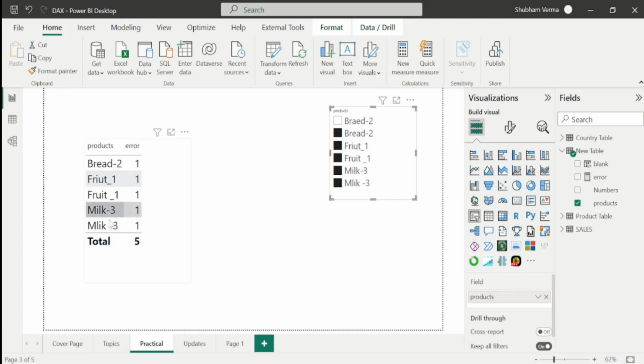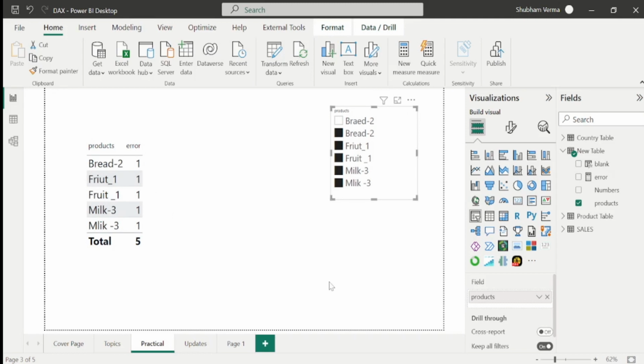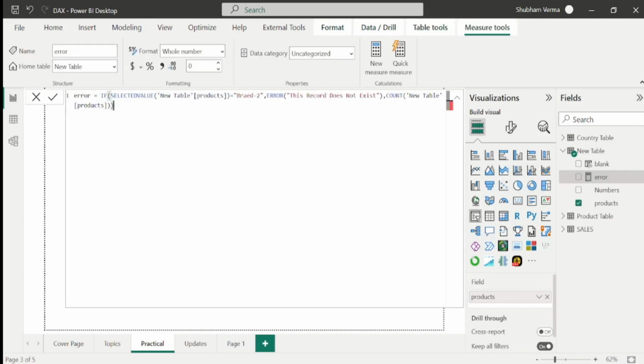So here under this column guys, we can also see we have some other incorrect records like MLIK and FRIUT. And if you want to see the same error on these records, you have to add some more condition here in the measure. So simply go here in the measure guys, simply copy this measure from if to error message. Copy this and paste it here after comma, and simply change the value to fruit underscore 1